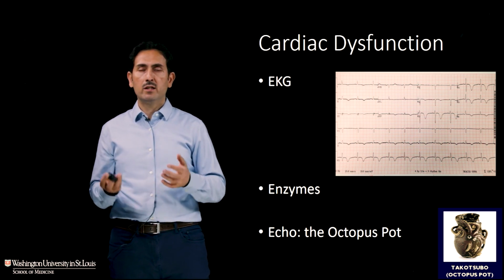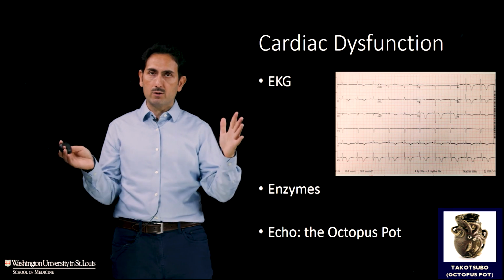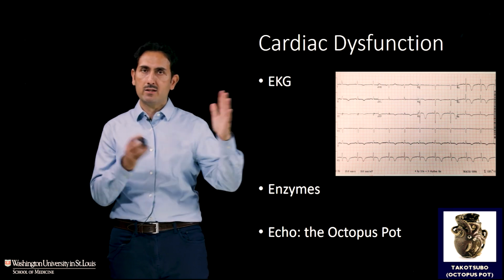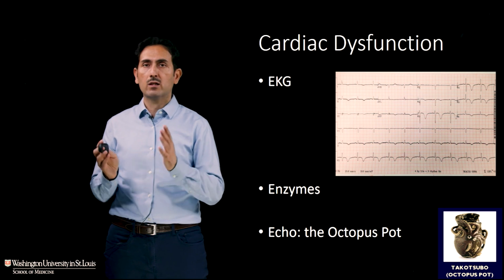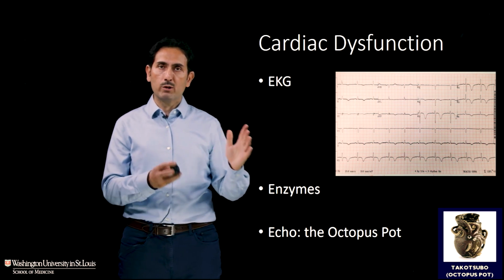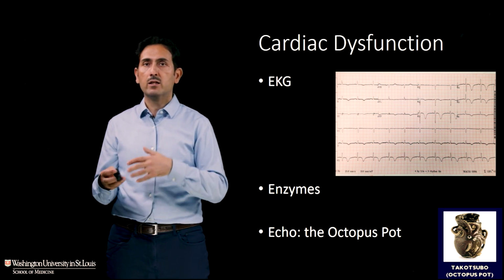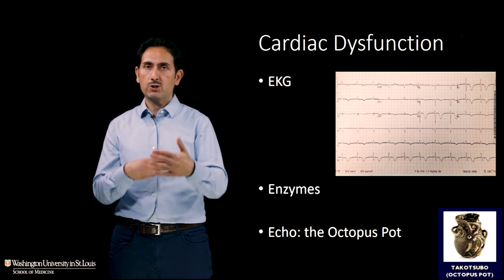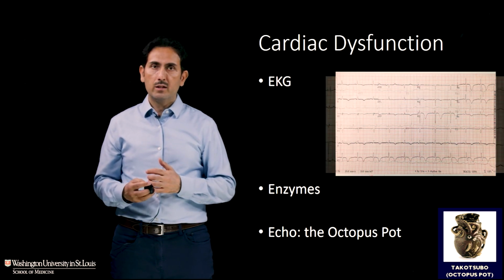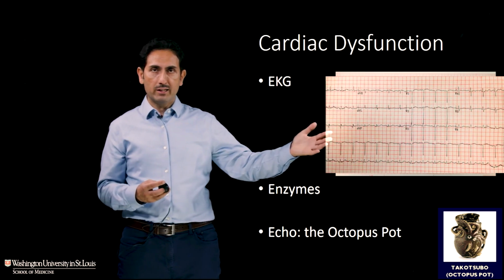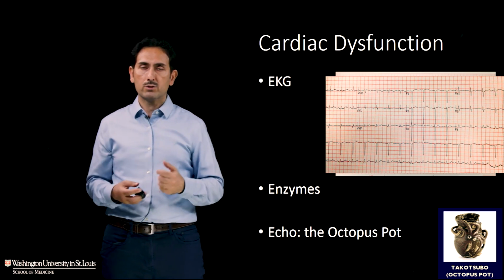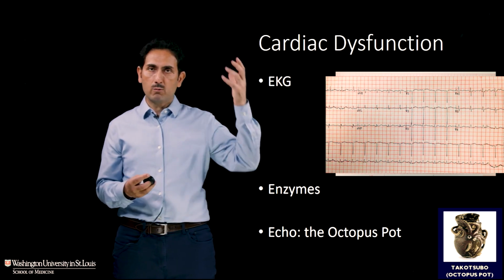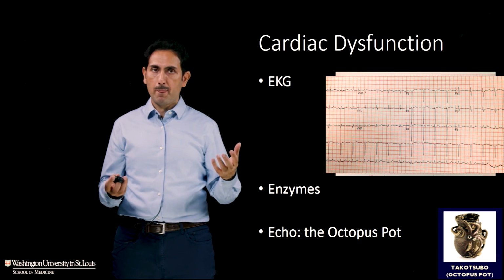What you can also see is prolongation of the QT interval, which is the interval between the QRS and the T wave. If that's prolonged, that's important to recognize because it can put the person at risk for arrhythmias, especially torsade, which is a very potentially fatal arrhythmia. The other thing you may see, and here you see on the EKG resolution of those changes. So within a day or two, the heart recovers. You also may see a transient rise in the enzymes like troponin.